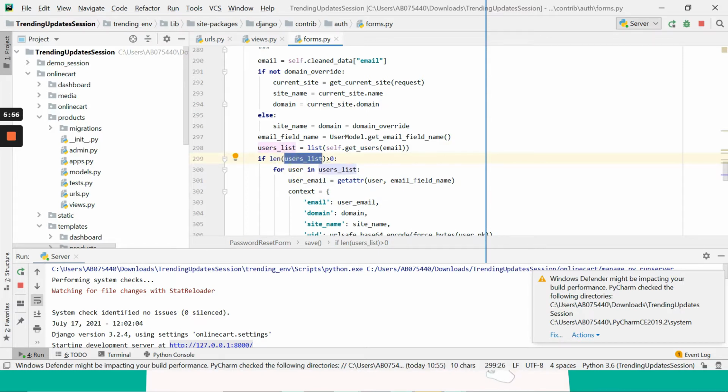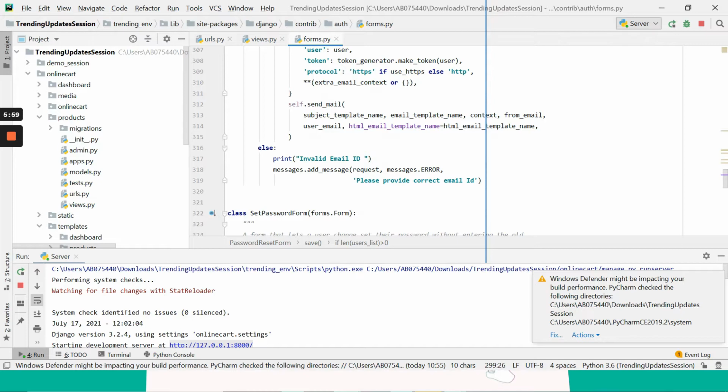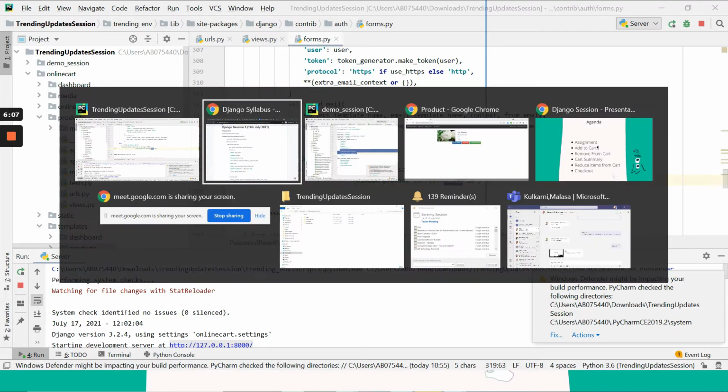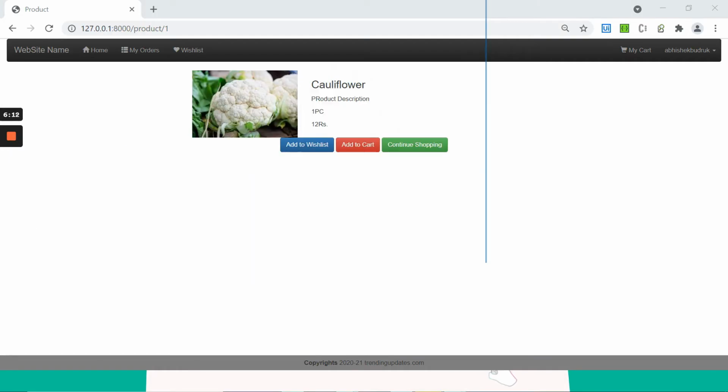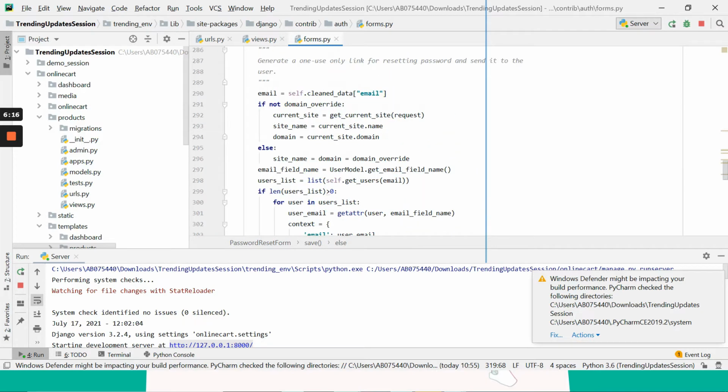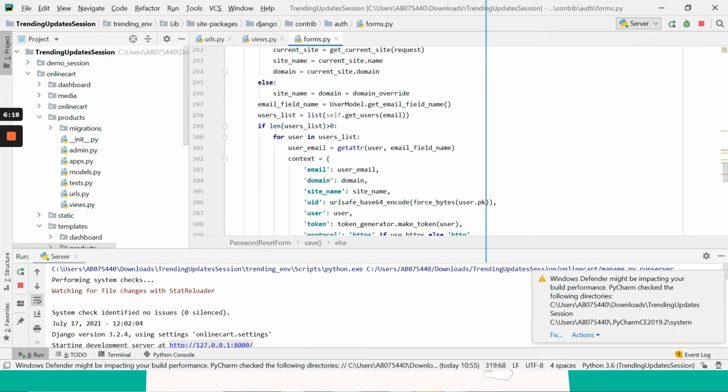If the user list is available, then only you send the mail to that user, or else simply say invalid email and send out the message as please provide correct mail ID. If you want to check it out, you just check it out with that code. That part I will not be demoing now, just try it on your own.